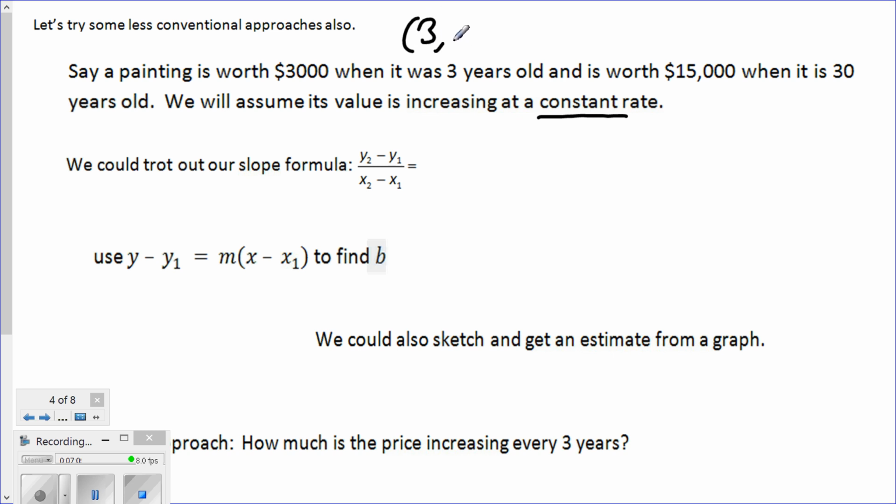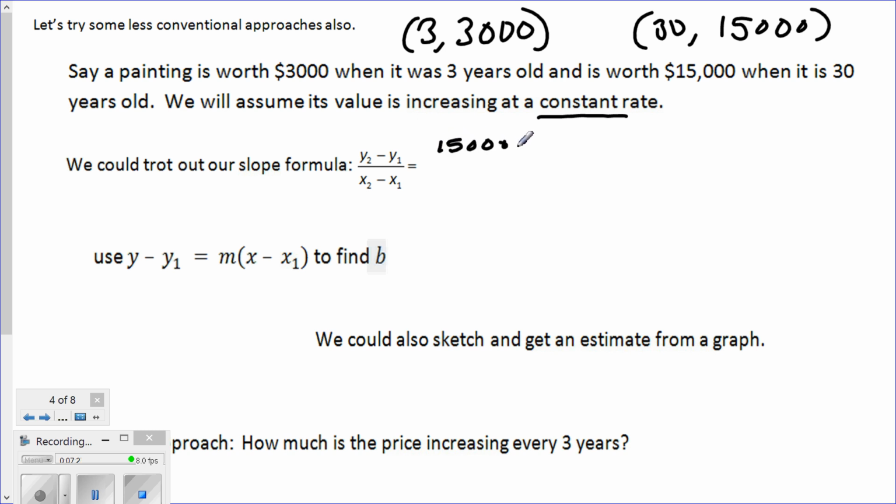So we know when the painting is 3 years old, its value is $3,000. And when it's 30 years old, its value is $15,000. So essentially we have an xy and a second xy. So our slope formula tells us take the two y values and take the difference between them. And then take the two x values, time, and we'll find that the value of the painting has increased $12,000